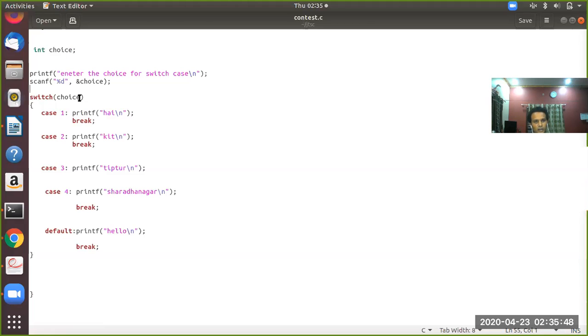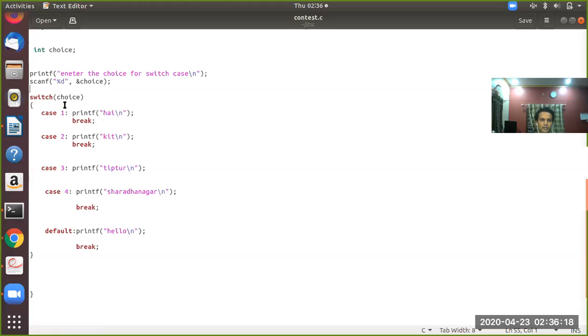If I enter 1, it must print hi, because the choice will be substituted and it will switch to case 1. If I enter 2, it must print K80. If I enter 3, it must print tip2. If I enter 4, it must print Shardanagar. If I don't enter anything, it must print hello.